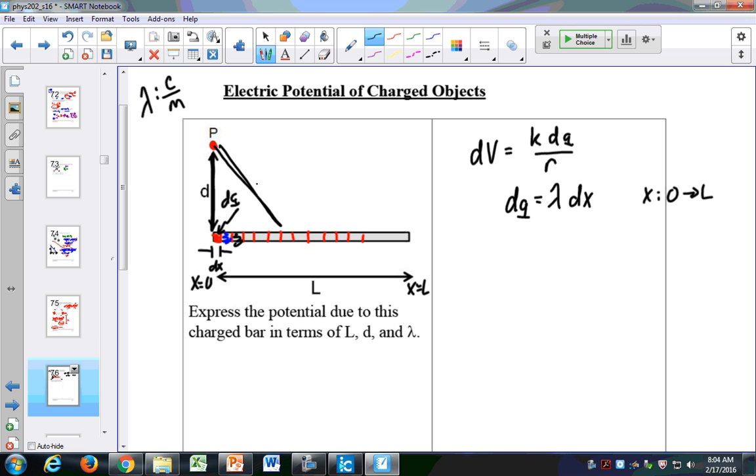Now I need to define what is R. So this is going to be R for just a general differential element. How do I define R? What can I define R in terms of, with variables that I'll be able to integrate over? Well, D isn't going to change, right? So I can include D. What else do I need to include in my definition of R? Something that will change as I integrate over that bar. X. So I need to define R in terms of D and X. What is R in terms of D and X from that picture? Right, because this is a right triangle. Right here. So I can define R as the square root of D squared plus X squared,